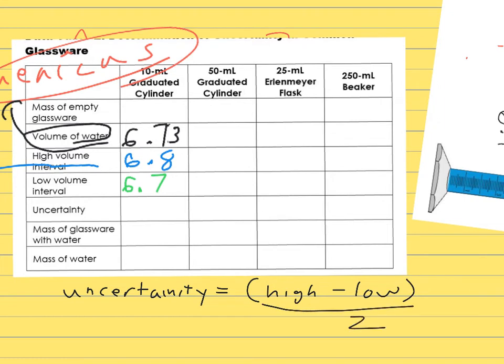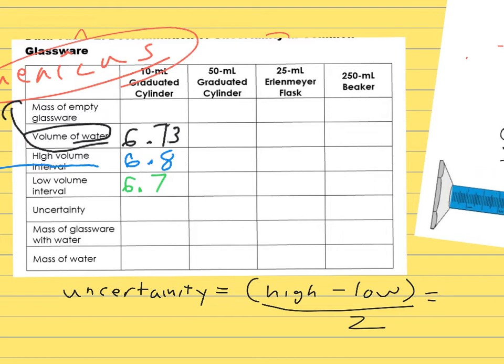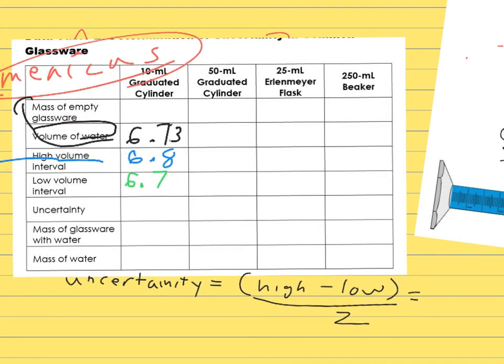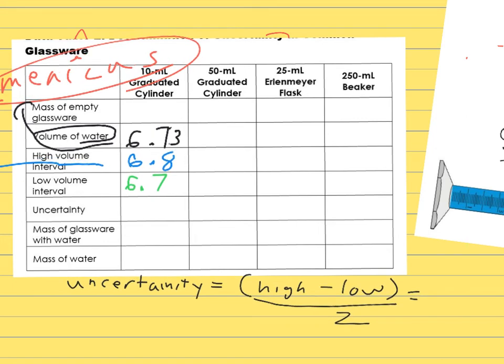So our high interval for this experiment would be 6.8. My low interval would be 6.7. And I'm dividing that difference by 2. So that would be 0.1 divided by 2. And that would give me, follow the blue pen,